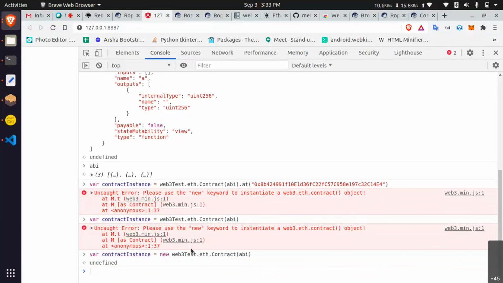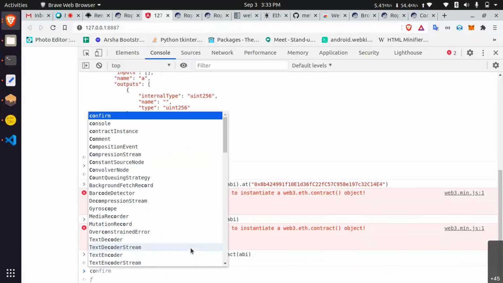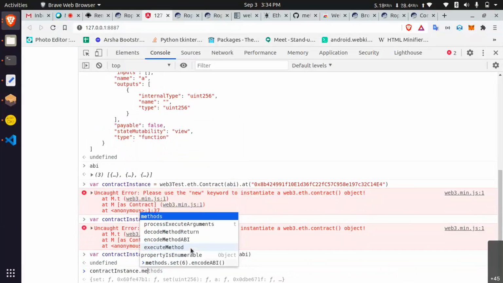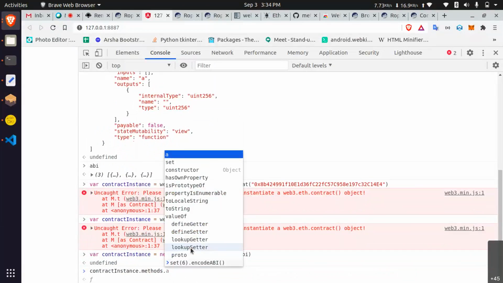We need to call the contract function with contract dot methods dot a, also one method set and then constructor, but we don't use a constructor. We are going to first call that set.